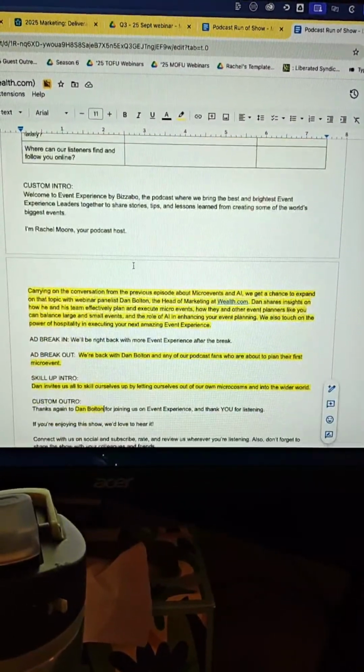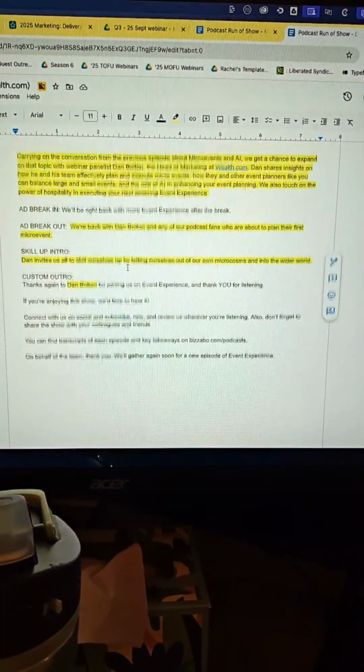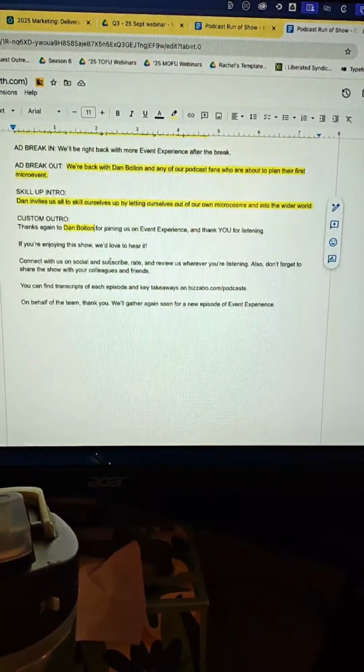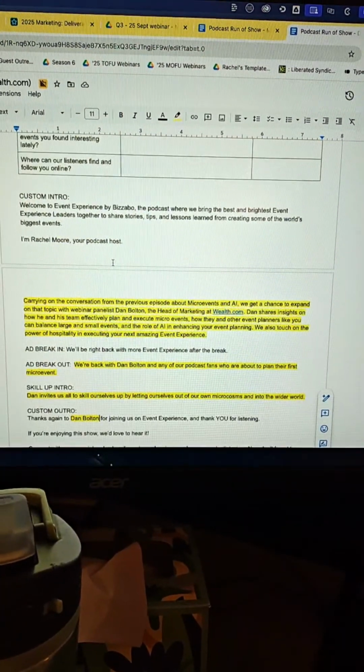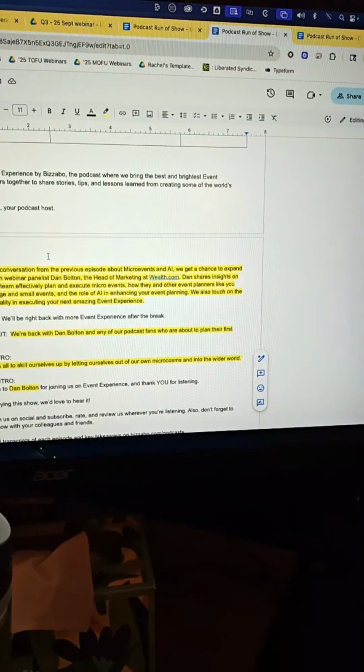And then down here is my script, and I just keep it all in the same document because that makes it easy to see what I need to then record. So everything down here from custom intro on down is what I need to record for post-production so that we can get this edited. So rather than bore you with doing this again, I will now record that. So this will be funny because I'll be looking up here and I'll be recording knowing that I'm doing this live on YouTube at the same time, and hopefully I'm probably going to mess up.